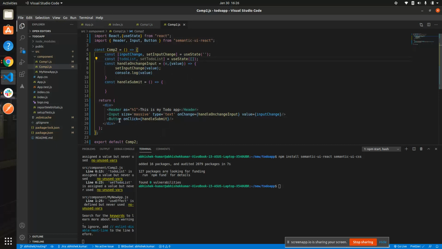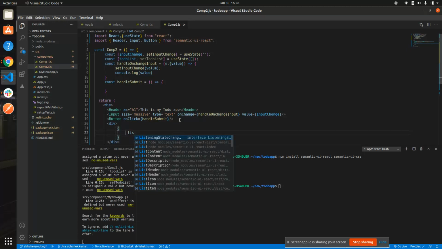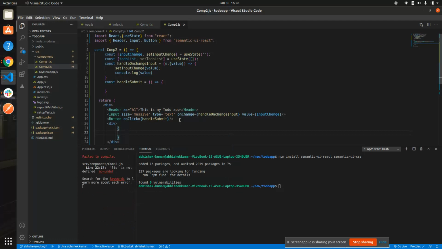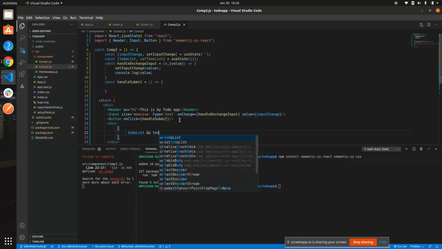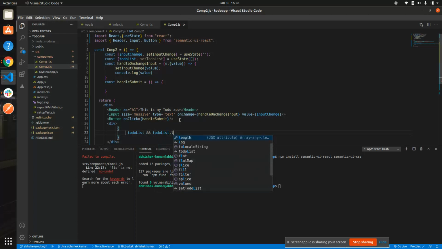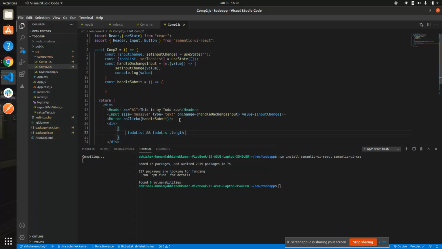So we are gonna map that array underneath of this button. How are we gonna do that? I'm just creating a div over here. Inside that div, I'm gonna put the to-do list. Let me do to-do list, and then to-do list dot length. If you have to-do list dot length, then it's gonna make the to-do list dot map